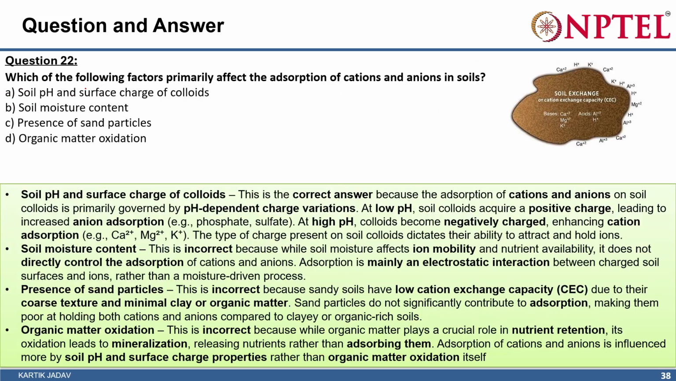Which of the following factors primarily affect the adsorption of cations and anions in soil? Soil pH and surface charges of colloids, soil moisture content, presence of sand particles, and organic matter oxidation. We know that soil pH and surface charges on colloids mainly affect the cation and anion adsorption on the soil colloids, and we know that that is known as permanent charge and temporary charge,